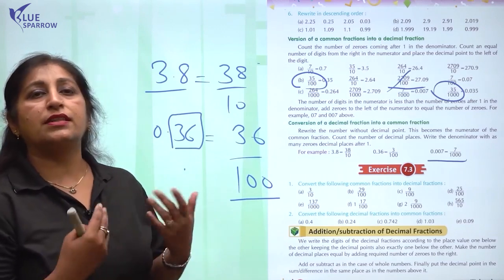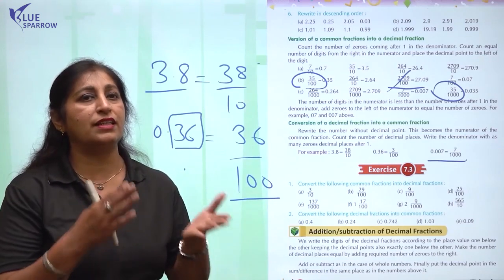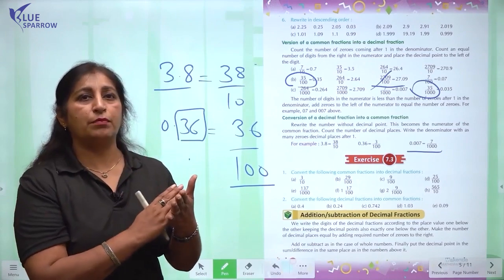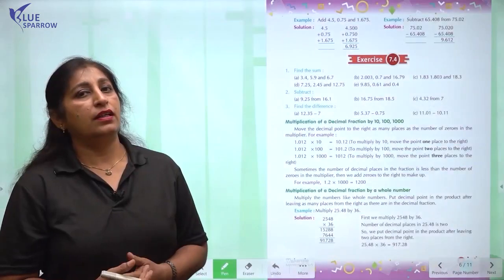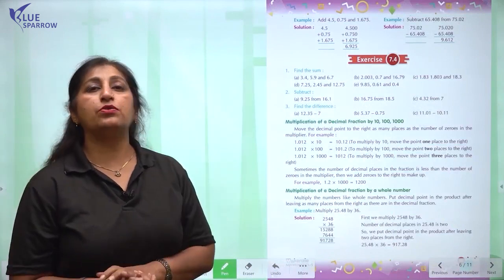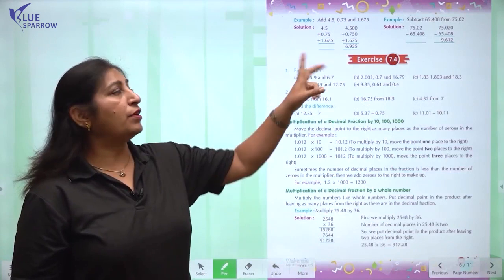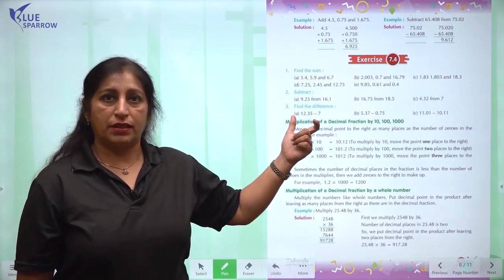And then you can just subtract or add the given numbers as you do in the whole numbers. Decimal would be written in the answer at the same place as given in the numbers above that you are going to add or subtract. Like here in this example, you are asked to add the numbers 4.5, 0.75 and 1.675. Here you know that all of these 3 numbers are having